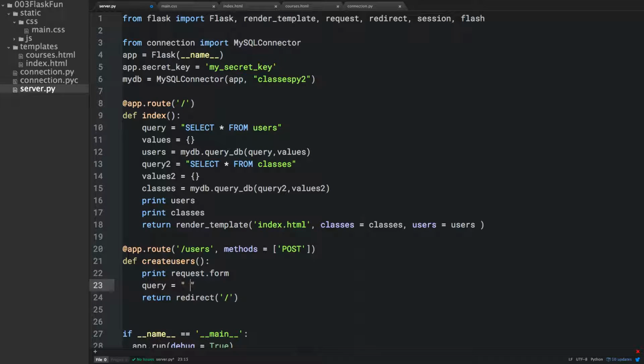And that query is going to say insert into users. And we're going to put in the values that we're going to put in. So first name and last name. And created at and updated at. And you should think that I would be able to actually type these because I type them all the time. But I can't. Values. And again, we're going to pass in values, and we're going to use this weird notation,